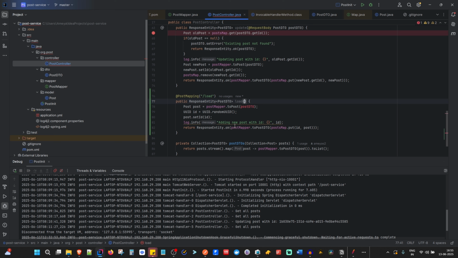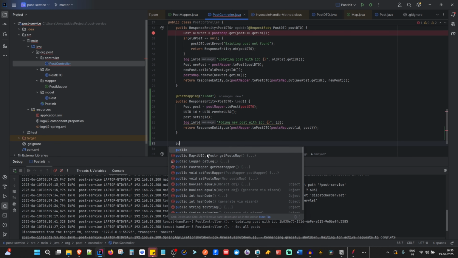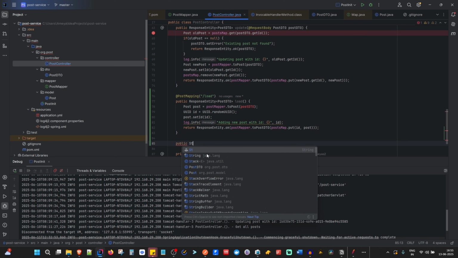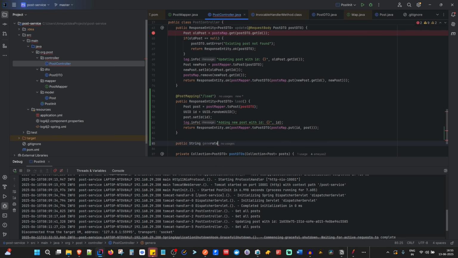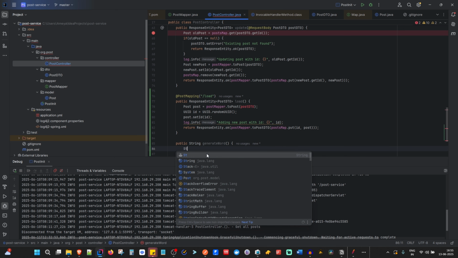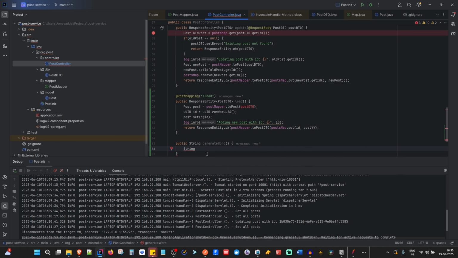Now to generate the text for creating a post, we would need a function. That function will be responsible for generating words and sentences. We're gonna create that. It'll be public for the time being, I should say private, public string generateWord. There'll be a string of characters